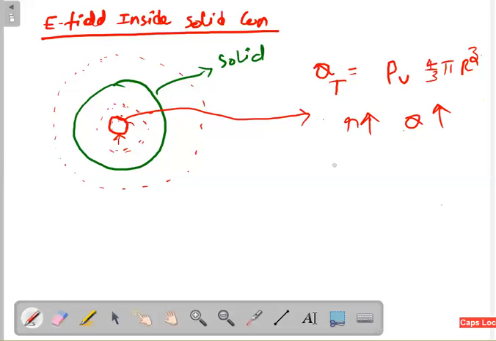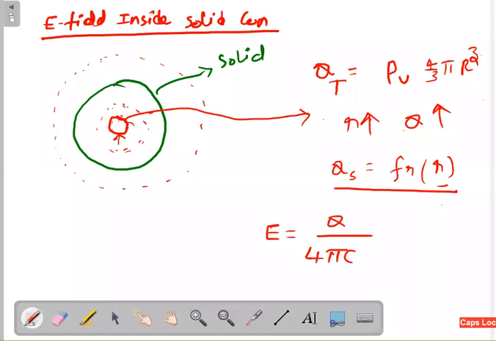So again, the charge on the small surface is a function of your r. How much r you have decides how much charge you have. The electric field depends on how much charge you are having, which depends on the radius of the imaginary surface. So the final result will be like this. Anyway, I'll give you the idea why it is like this. Q divided by 4 pi epsilon naught R cube into r. This is the electric field nature.